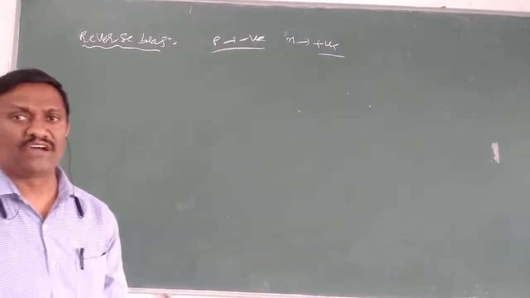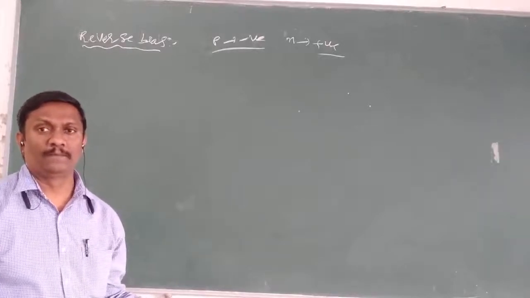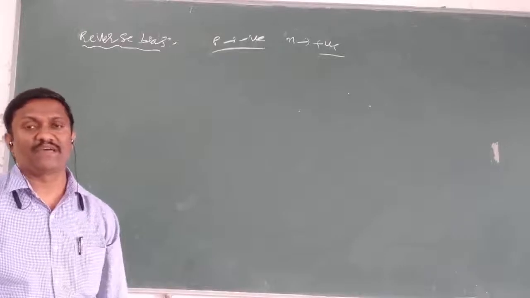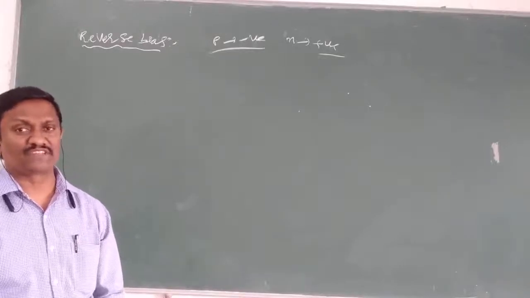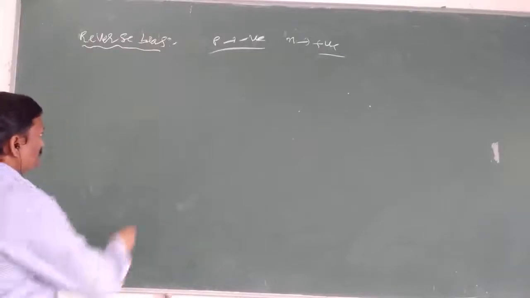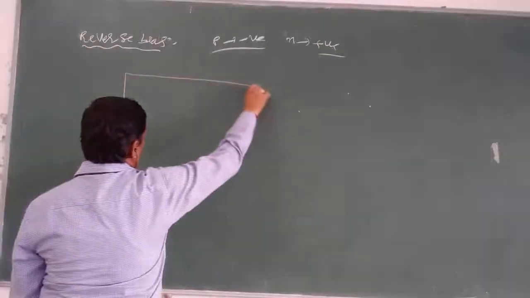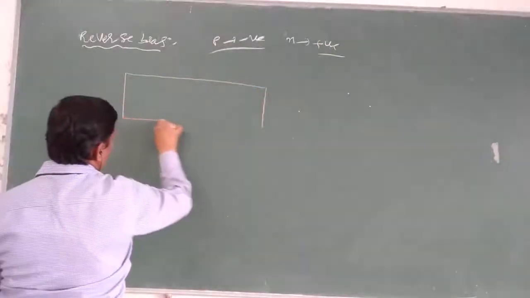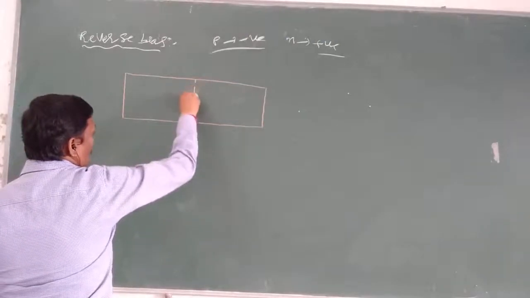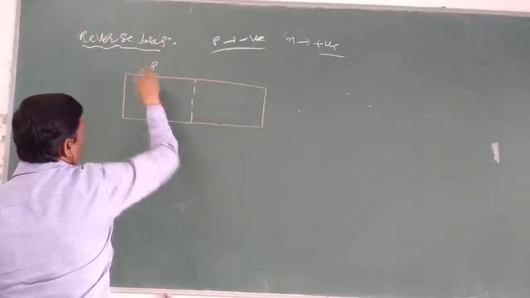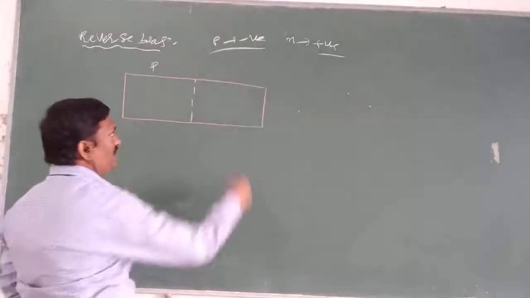But what about the working of a PN junction in reverse bias, and how does current conduction take place in reverse bias? What happens with the depletion layer? For this purpose, assume it is one semiconducting diode. The first half is doped with trivalent impurity and behaves like P-type, and the second half is doped with pentavalent impurity and behaves like N-type.